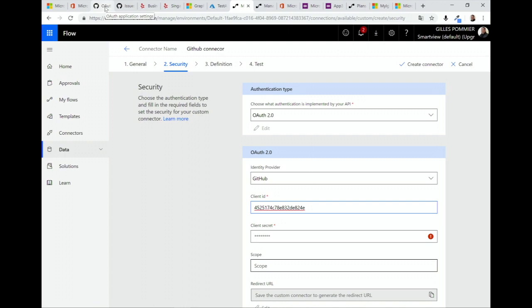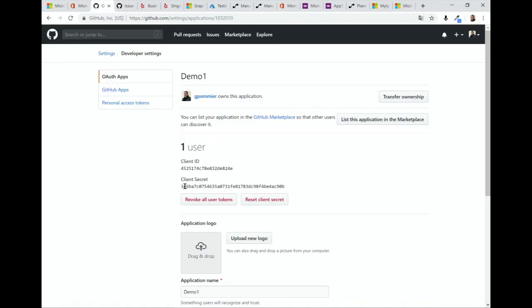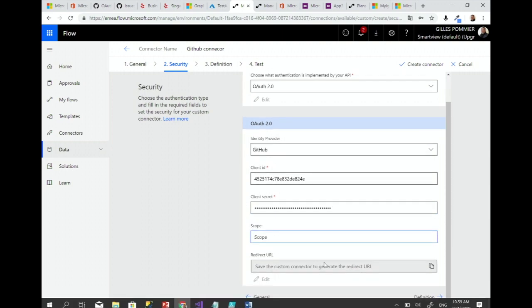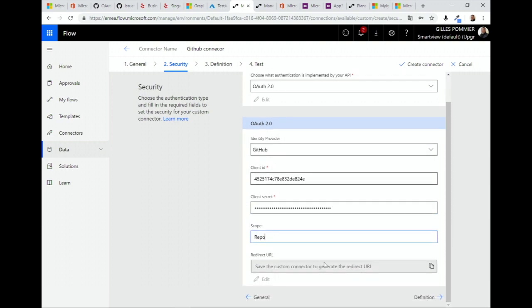It will need a client secret. So I have my client secret here. The scope will be my repo, and I have a redirect URL that is important, but this redirect URL will be available for me when I save and create the connector. So it's not available for now.